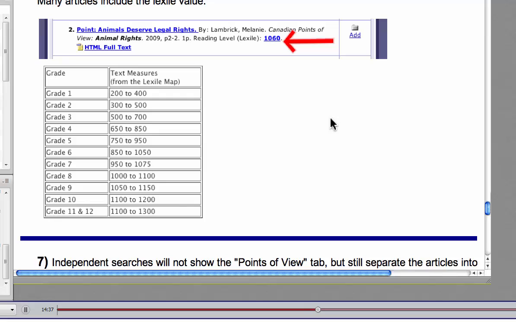Many of the articles will include the Lexile value in terms of reading level. This is a formula that looks at sentence length, number of words and number of syllables per word, and all that together creates a number, which is matched up as a number range to a grade level. This is just a rule of thumb, and there are no hard and fast rules about this. But this particular article, Animals Deserve Legal Rights,